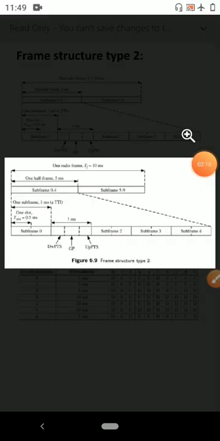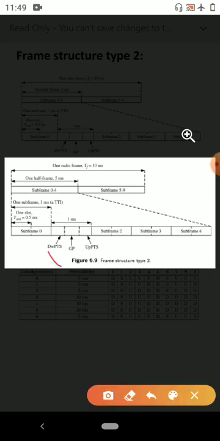The downlink pilot time slot, that is DwPTS. This is the downlink part of the special subframe and can be regarded as an ordinary but shorter downlink subframe for downlink data transmission. Its length can be varied from 3 up to 12 OFDM symbols.